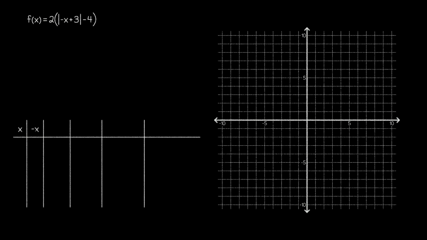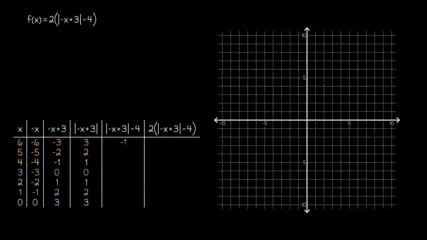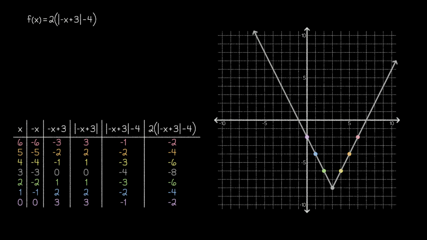Based on what we've learned about translations, dilations, and reflections, we should be ready to graph a wide variety of absolute value functions. So let's graph a few additional functions to solidify our skills. As you can see, this function has a bit more complexity than we might be used to, but the same process of filling in our key values and completing the extended table still works. Once we're done with that, we can graph the key points to see the shape of the function.